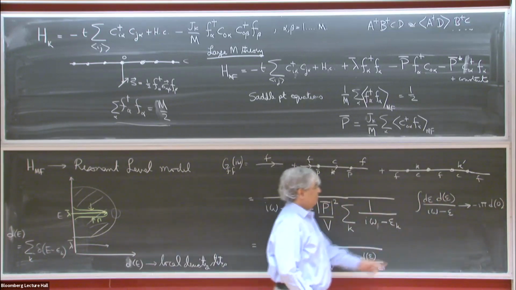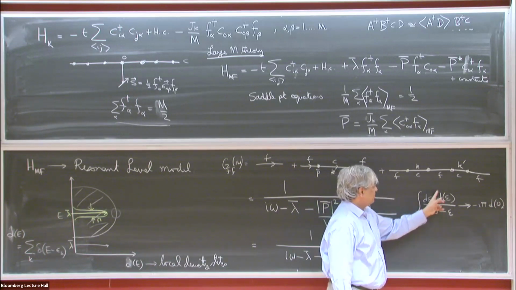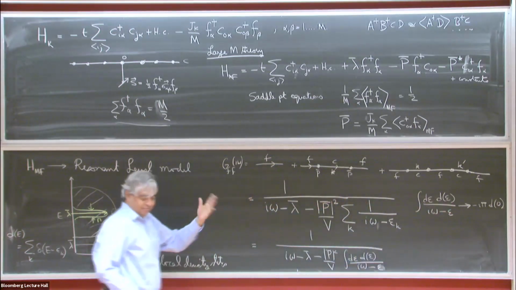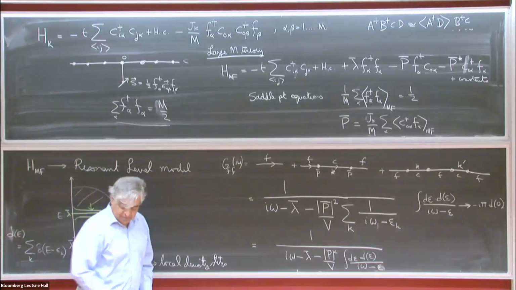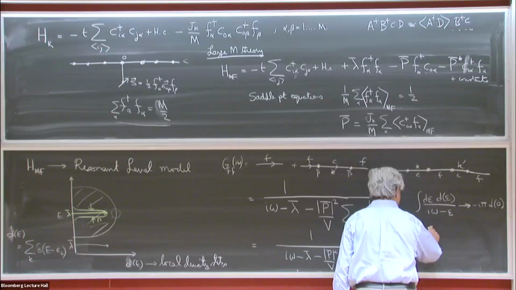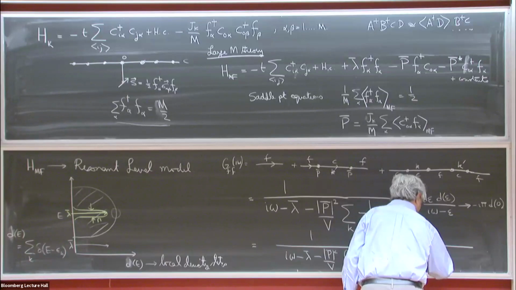So you can just take the imaginary part of this as omega goes to the origin, and that gives you the delta function, the imaginary part, and then this d of E just comes out. Okay, and the real part we just ignore because it mostly is small and won't be as important. Okay, so the net result is that the Green's function is I omega minus lambda bar